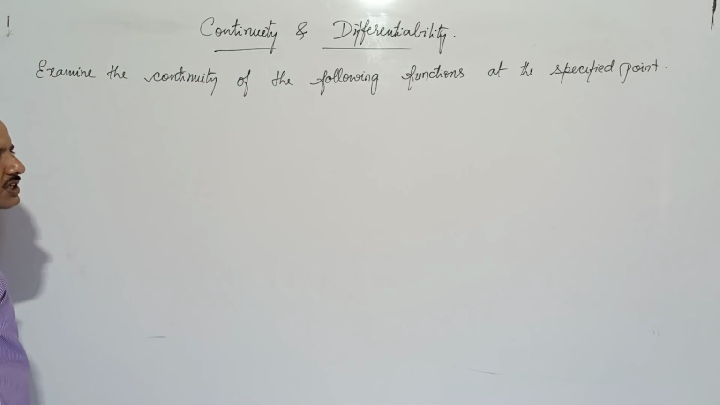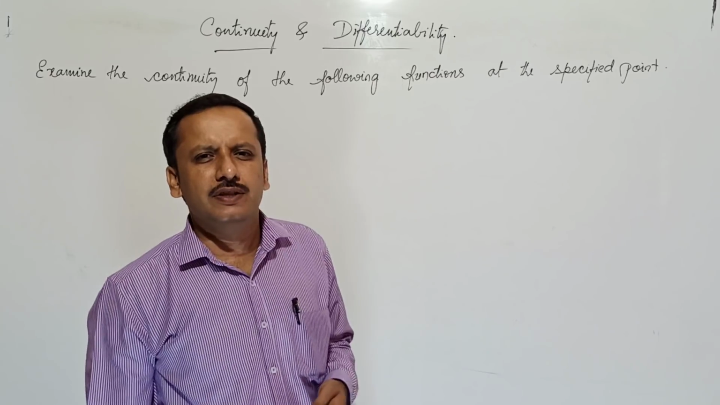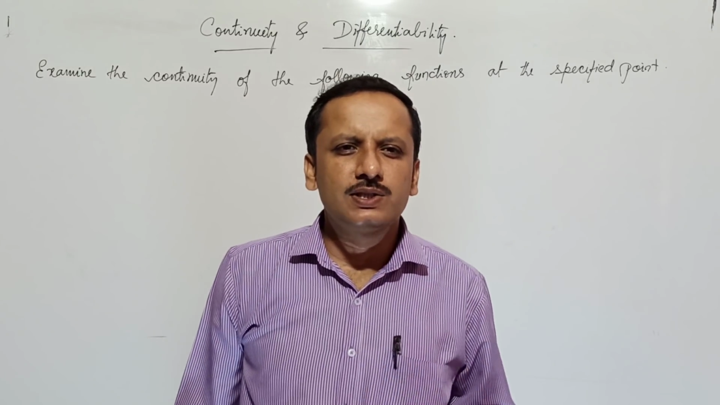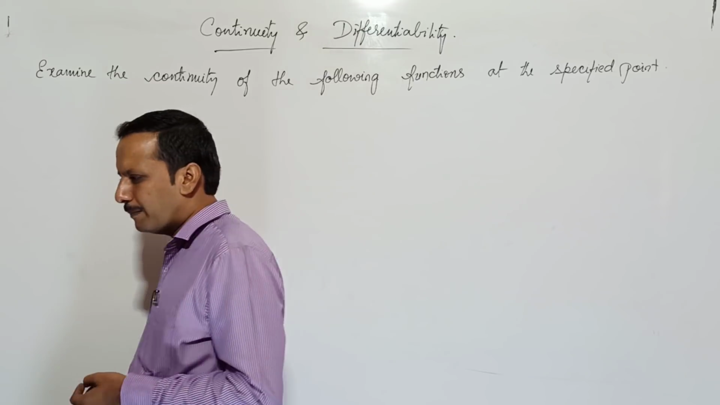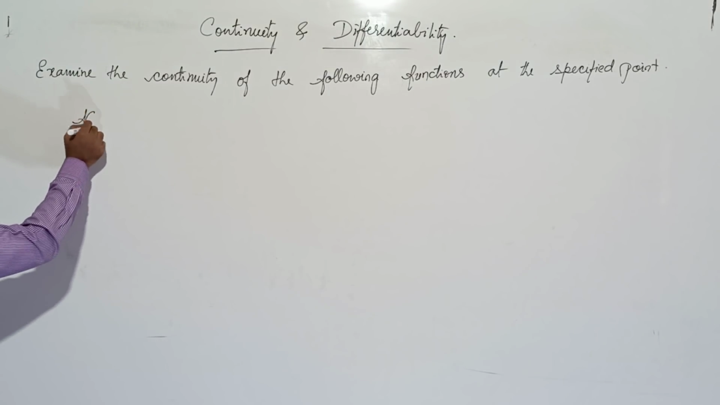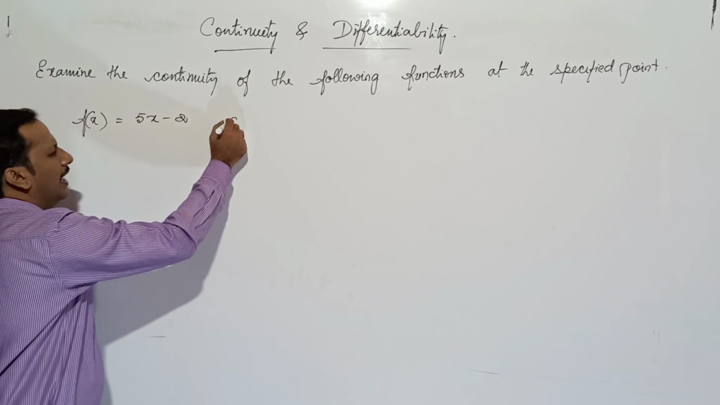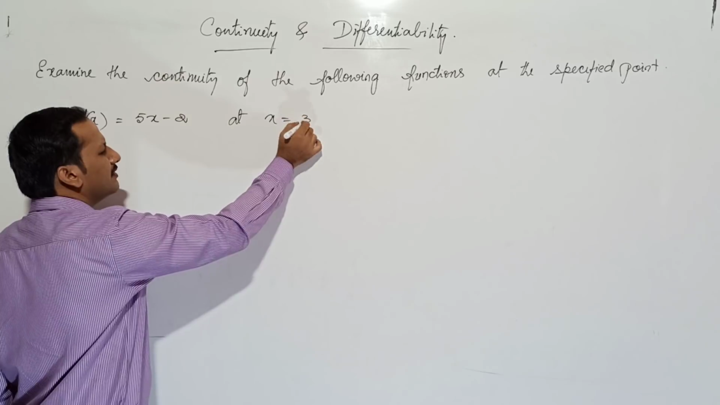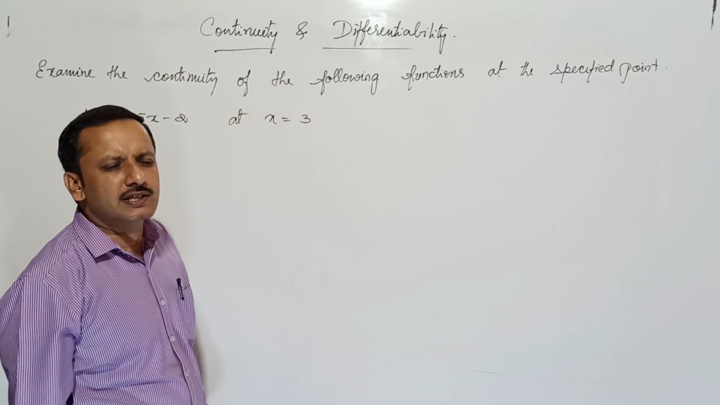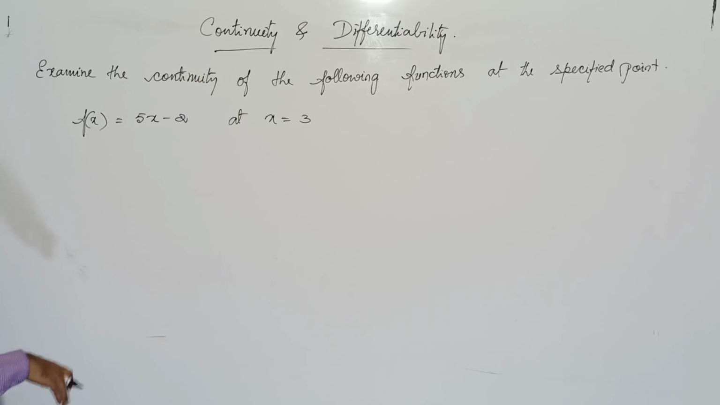So they give you one function and they also give you one point. We need to check whether the function is continuous at that point or not. First problem, f of x equal to 5x minus 2 at x equal to 3. This is the question. We need to check whether this is continuous or not at x equal to 3. So for that,